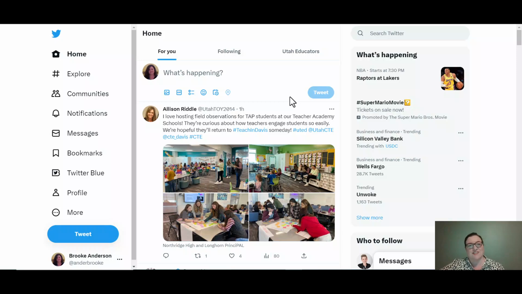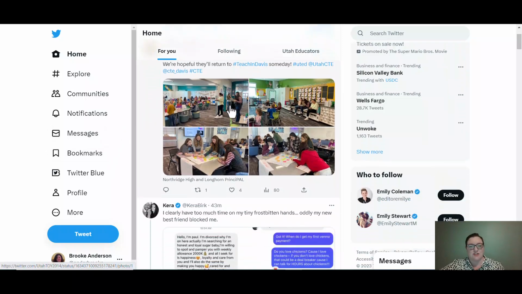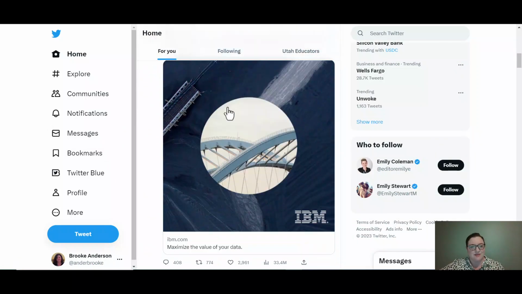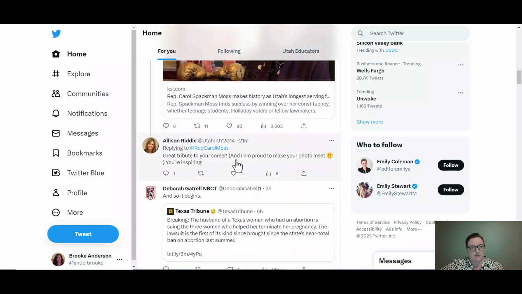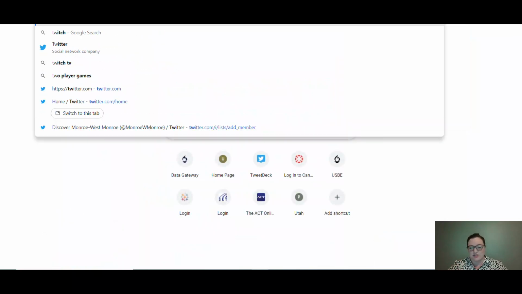For the purposes of this presentation, I'm going to assume that you already know what Twitter is and probably already have a Twitter account. And so you're used to seeing just this one continuous column of content on Twitter that you scroll through and you like, you retweet, etc. What Tweetdeck is, it lets you build that out into multiple columns, and it lets you control what's in each column. So if I switch to my Tweetdeck,